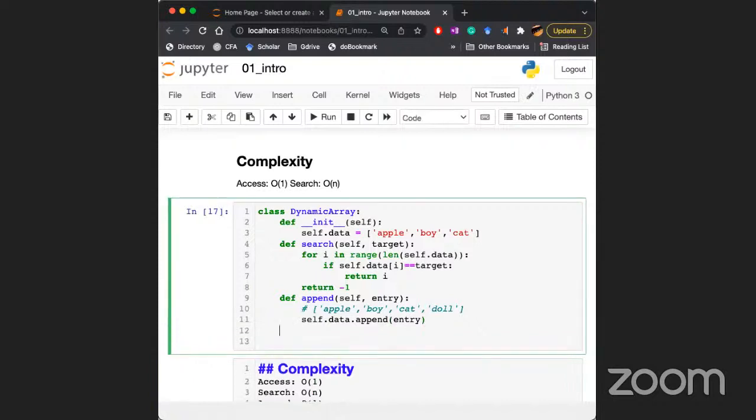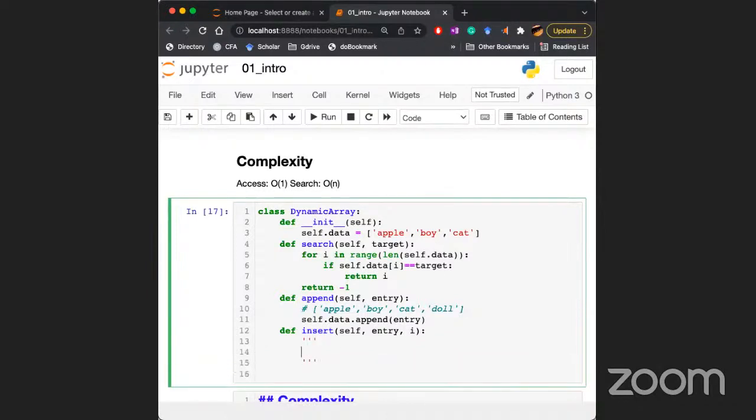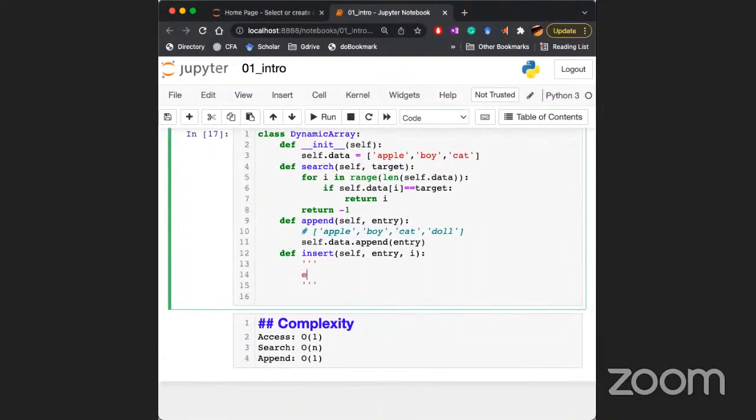Let's define another function here. Instead of appending at the end, I want to insert something in the middle. Define insert, with some entry I want to insert at index i. I want to insert this entry at index i. What will I do? You may know that this is the way we write comments in Python. So let's say the entry is, let's say, girl,